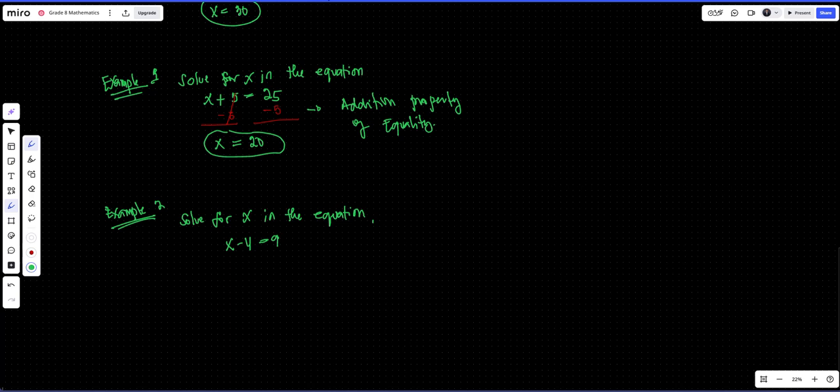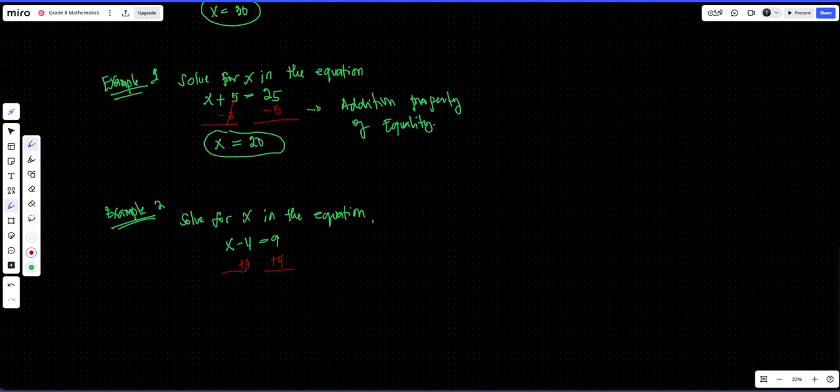So, same process pa rin. Gamit tayo ng addition property. So, pag addition property, para ma-cancel out natin, kung ano yung sign ng number, if negative yung sign ng number natin, we have to use positive para ma-cancel out natin. Pero kung positive yung number, we have to use negative. So in this part, since negative yung number, positive 4 ang gamitin. So we also have to add 4.